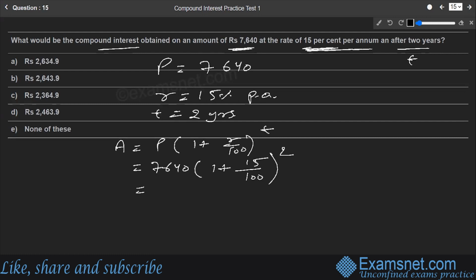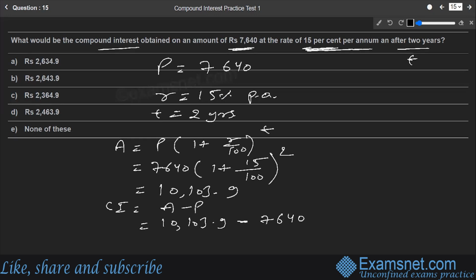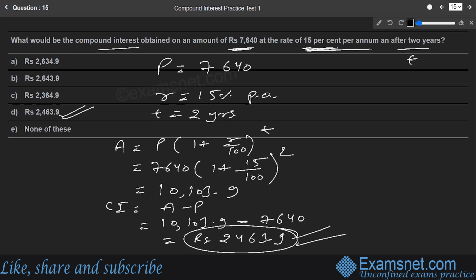If we calculate this further, this comes out to be 10,103.9 rupees. Let us calculate the compound interest. Compound interest is always amount minus principal. So the amount 10,103.9 rupees minus the principal value 7,640. If you solve this together, this comes out to be rupees 2463.9. So that is the actual compound interest that he has gained. The compound interest value is 2463.9, which is available in option number D, and that is the right